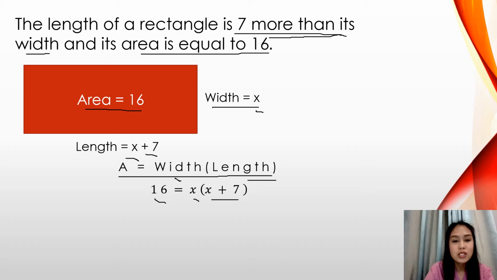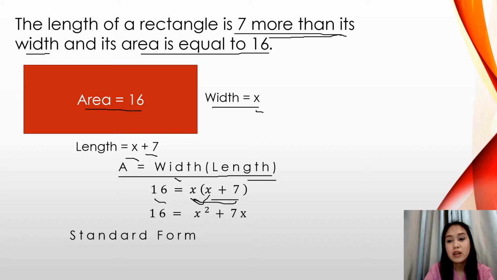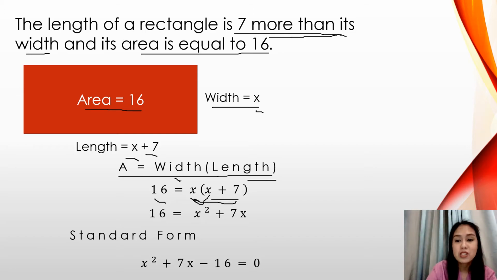Now, next we are going to simplify this equation. On the right side of the equation, we are going to multiply x to x plus 7. So we distribute x times x and x times 7. So we are going to have x squared plus 7x. So that would be the quadratic equation with its standard form as x squared plus 7x minus 16 is equal